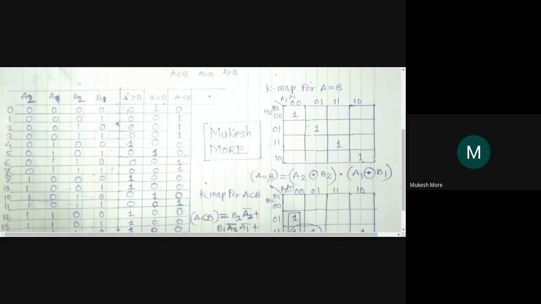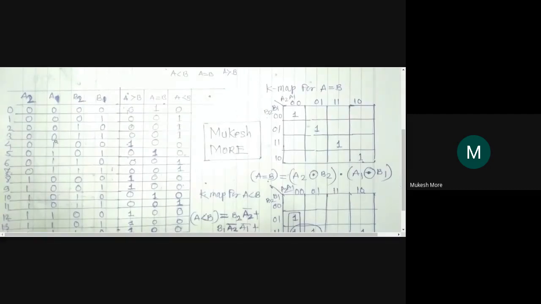And the next entry you can see that 0 0 of number A and 1 0 of number B. Again we have greater value of B. So A is lesser here and B is greater. Then I am writing in the last column, A is less and B is greater. I am writing here 1.